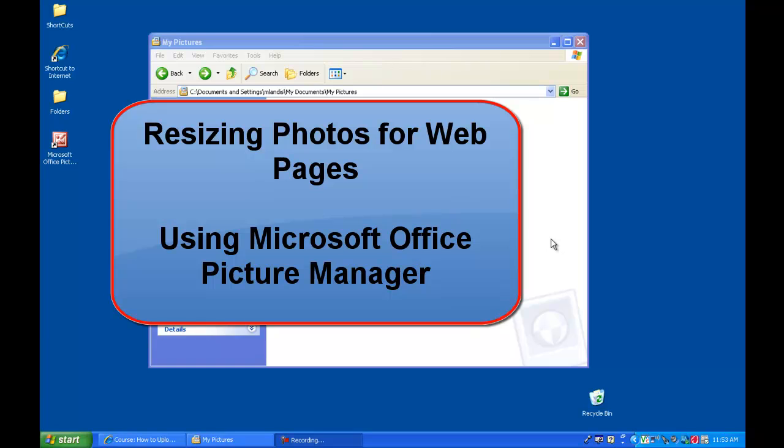Today we're going to look at how to resize pictures with a photo editing software. We're going to use Microsoft Office Picture Manager. And the reason we're going to do this is a common problem when you're dealing with photo galleries on a